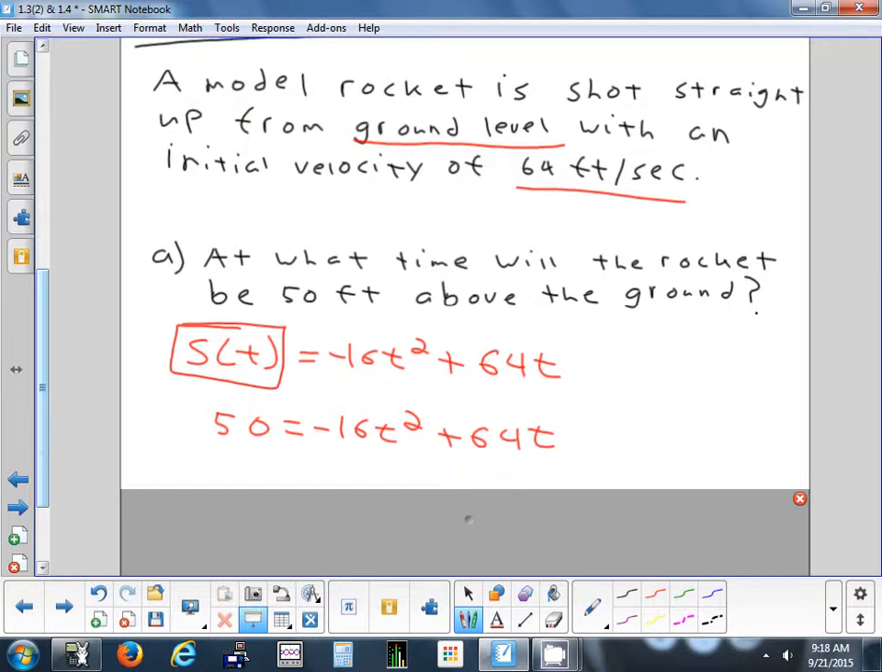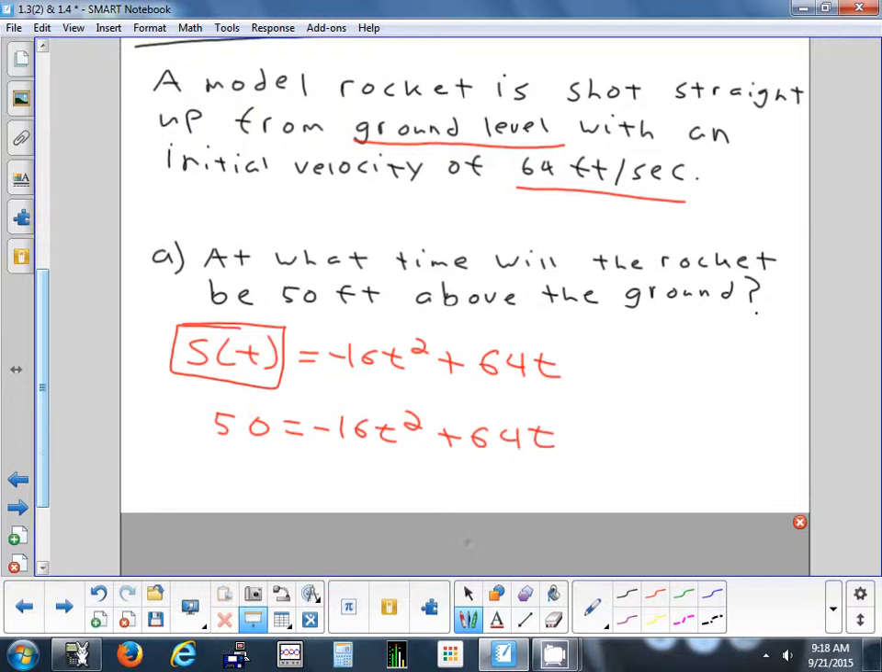And this is almost exactly like the last problem. It's another quadratic equation. When we're solving a quadratic, what number do you want to get by itself on one side? 0. Yep. So we're going to move that 50 to the other side. So negative 16t squared plus 64t